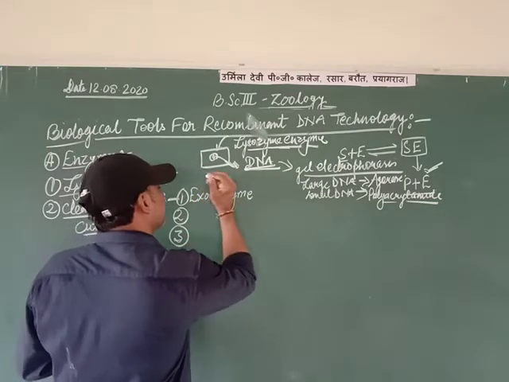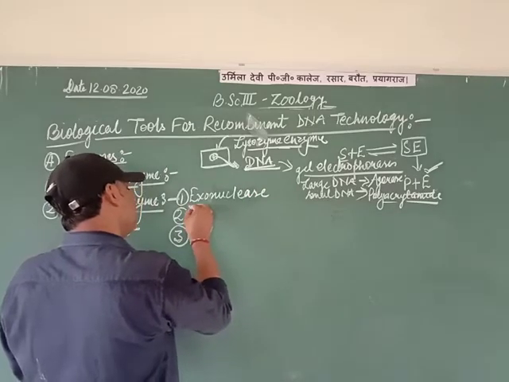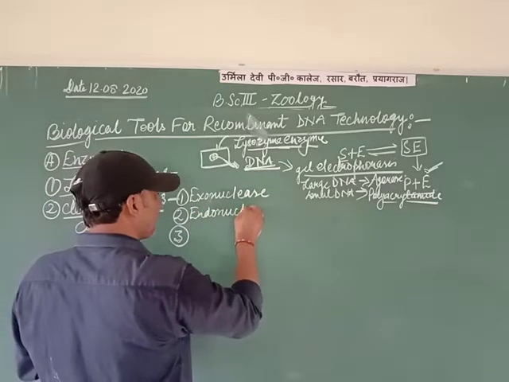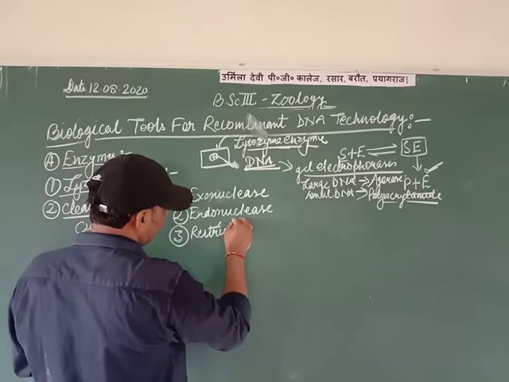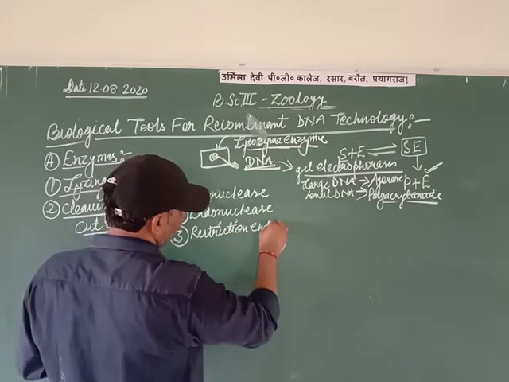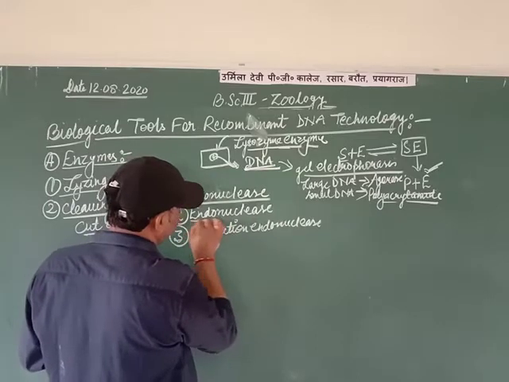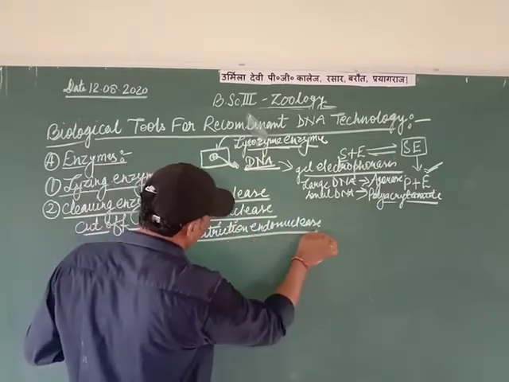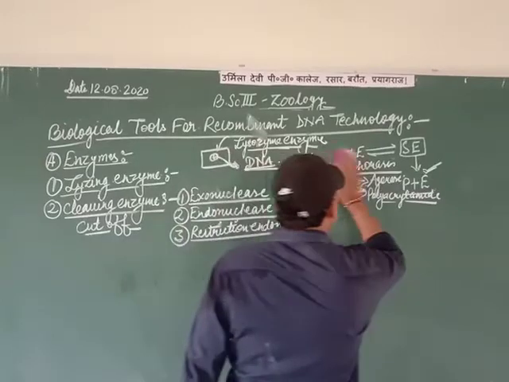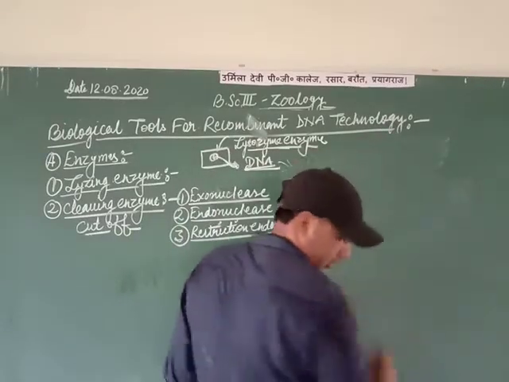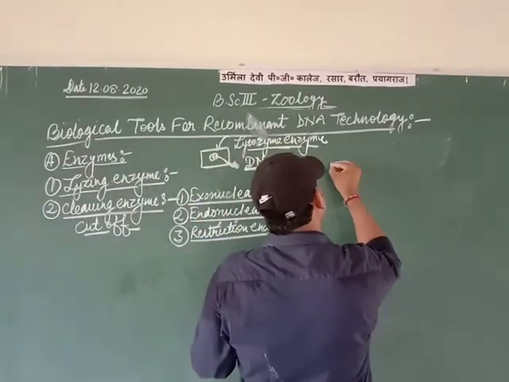तो पहला देख लेते हैं। पहले में आता है एक्सोन्यूक्लियस, एंडोन्यूक्लियस और तीसरा है रिस्ट्रिक्शन एंडोन्यूक्लियस एंजाइम। तो यहाँ पे 3 प्रकार के एंजाइम क्लीविंग एंजाइम में आते हैं, एक्सोन्यूक्लियस, एंडोन्यूक्लियस और रिस्ट्रिक्शन एंडोन्यूक्लियस, या फिर रिस्ट्रिक्शन एंजाइम भी बोल सकते हैं हम। तो यहाँ पे हम देखने का प्रयास करेंगे कि किस प्रकार से ये वर्क करते हैं।